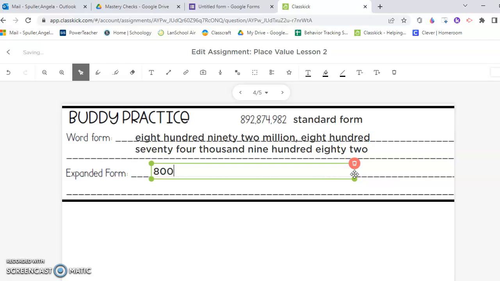So we're going to go 800 million. So we're going to put all those zeros behind it, plus 90 million, plus